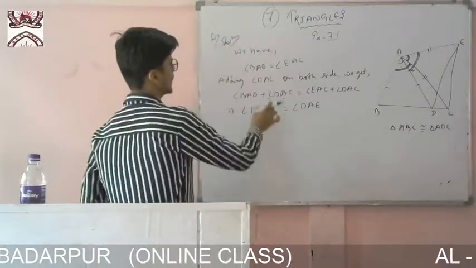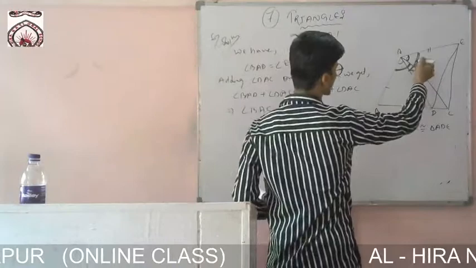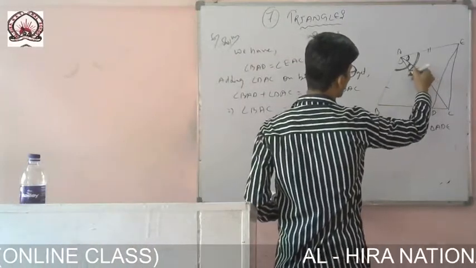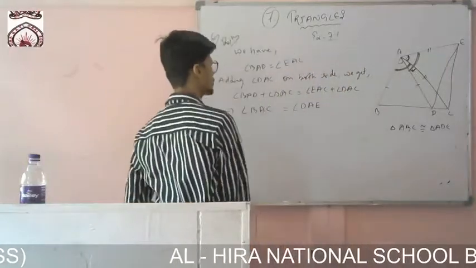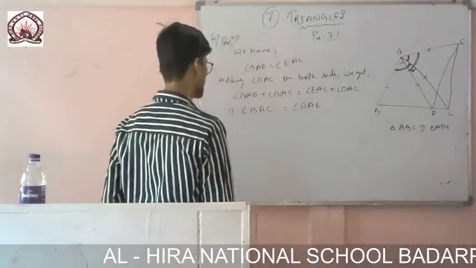What I have done, it was there in the question, these two are disjoint. So I have added this part to both the triangles, so now this angle equals that angle. So now I have got the third one also, so very easily now I can prove it.